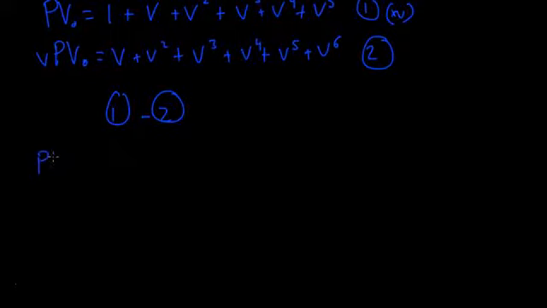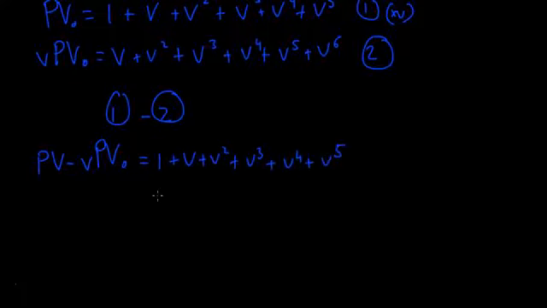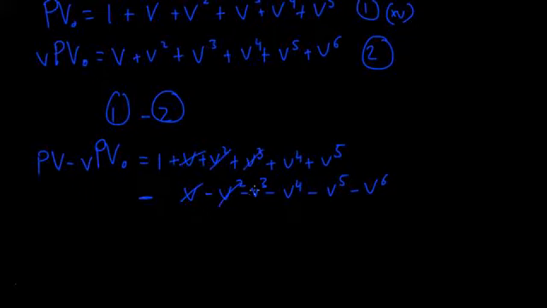So we're going to write the present value minus v times the present value, and that's then equal to, of course, 1 plus v squared plus v cubed, and then we're going to minus, and I'll just write it on top of each other, v squared, v cubed, v to the 4, v to the 5, and then there's v to the 6. As we can see, we can start cancelling out these similar ones. So what we're left with is 1 minus v to the 6,